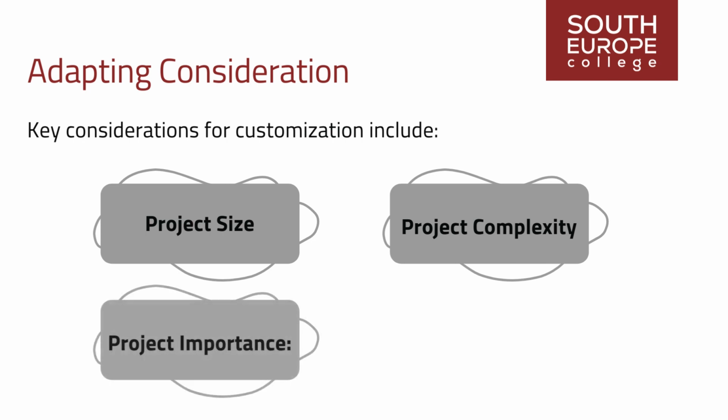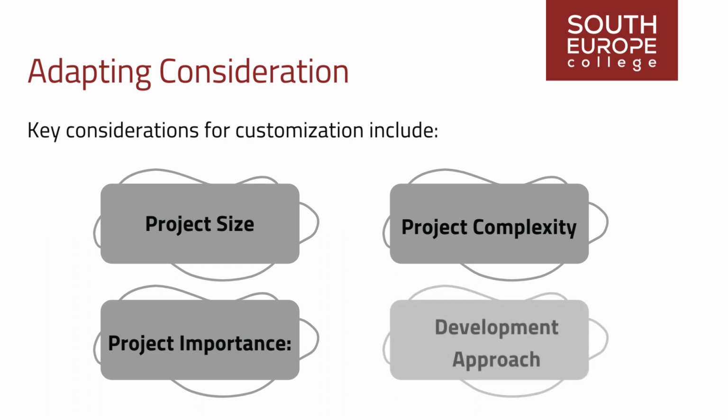Project importance. Assess the strategic significance of the project. Does the project's importance elevate the level of risk as it strives to unlock groundbreaking opportunities, address significant organizational performance challenges, or involve substantial product innovation? Development approach. Determine whether the project follows a waterfall methodology, allowing risk processes to unfold sequentially and iteratively, or if it adheres to an agile approach where risk is addressed both at the inception of each iteration and throughout its execution.